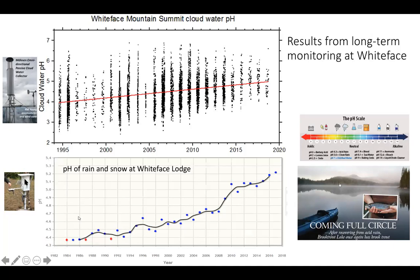And this is from that bucket as part of the National Atmospheric Deposition Program. And then up here on the top, in these individual dots, you're seeing measurements of cloud water acidity from this cloud water collector that I showed you before. And what I want your eye to be drawn to in both of these is that as we move forward in time, from the 80s, from the 90s towards the present, we see this pretty steady increase in pH or